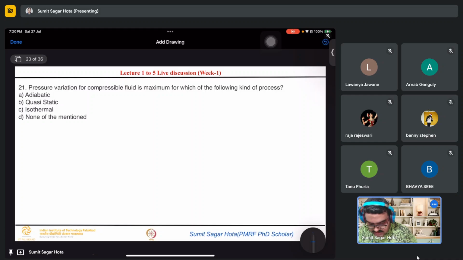That means whatever the pressure they are telling, it should go to the maximum value. Okay, but